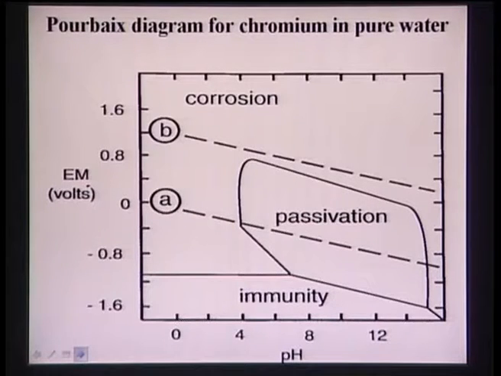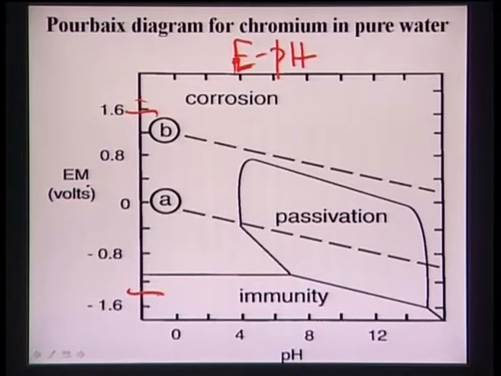Pourbaix diagram means E versus pH diagram. So, the other name of the Pourbaix diagram is the E versus pH diagram. Now, inside the human body or the simulated body fluid, the pH is always maintained at 7.4, and inside the human body, your core pH or the blood pH is 7.4. That is the reason why all the in vitro experiments are conducted at pH equal to 7.4. Now, inside the human body, depending on the concentration of the ions, the E value, that is the electrochemical potential value, also varies over a large range.